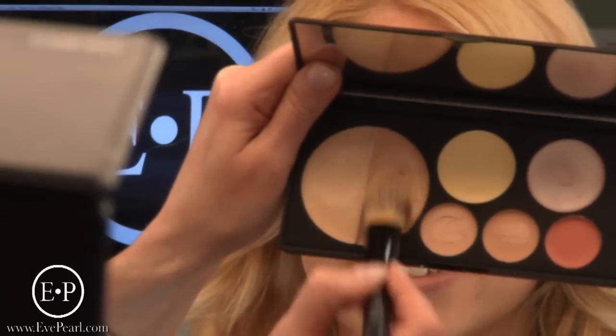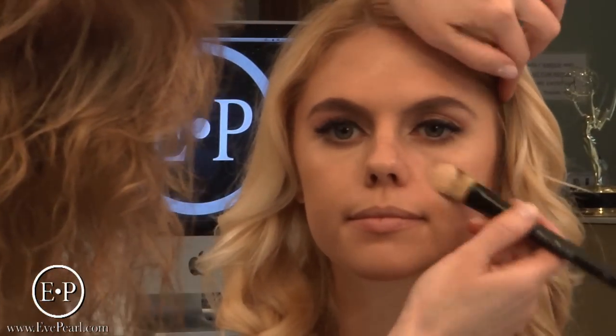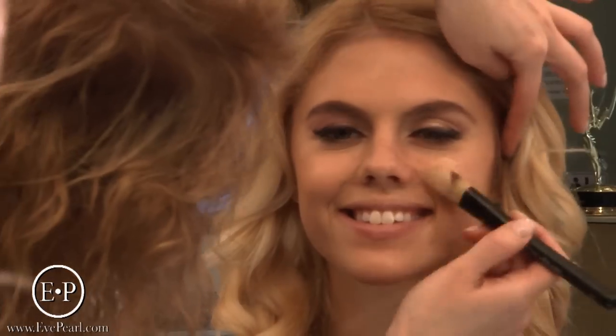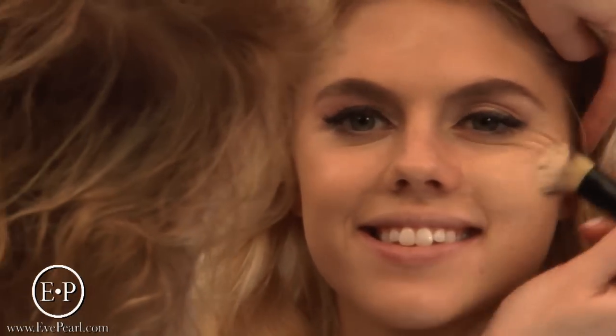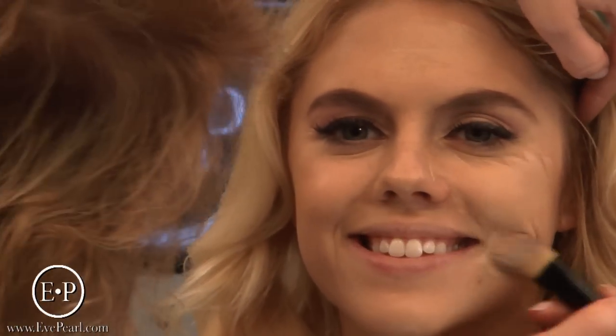We're going to grab a little bit of the side 2, the side 1. So the darker color, the side 2, goes on your cheek. And if you're not sure what that is, you just smile, just like that. So the whole area of where your smile is, that's the side 2, and forehead, and the nose, and the chin. Right underneath it is the side 1, and around your lips. And then the Salmon Concealer,